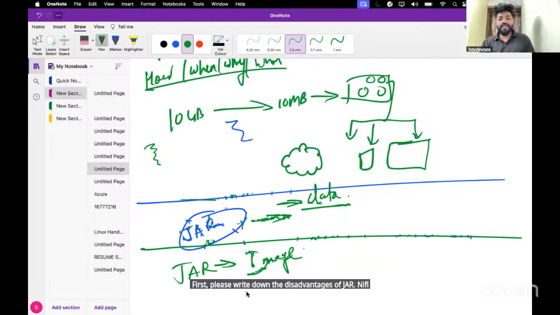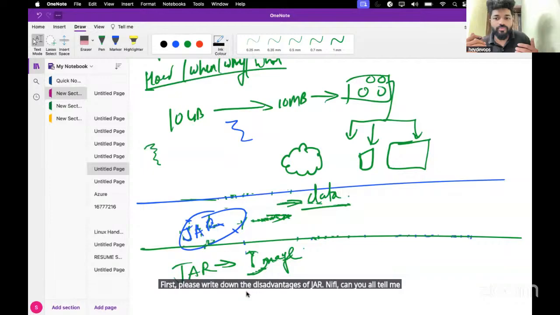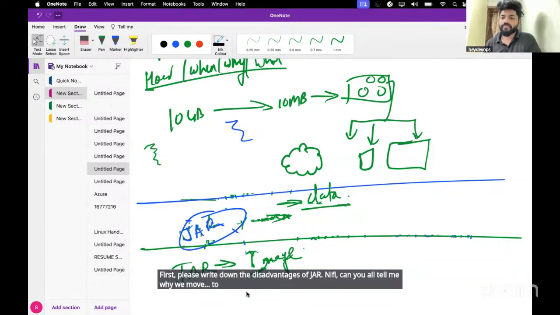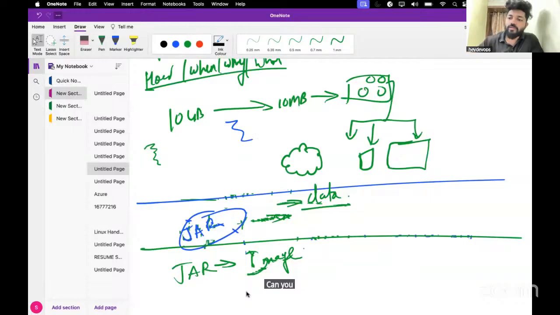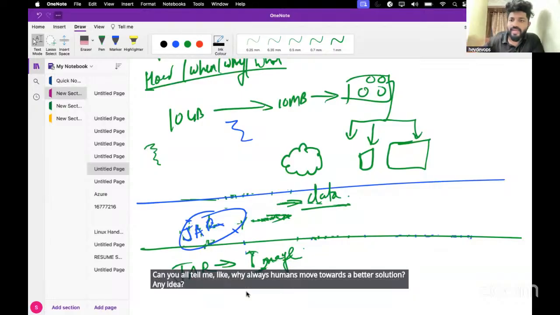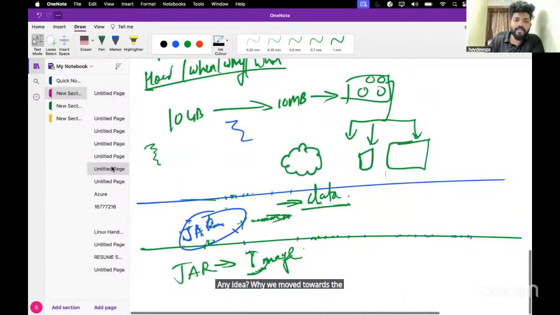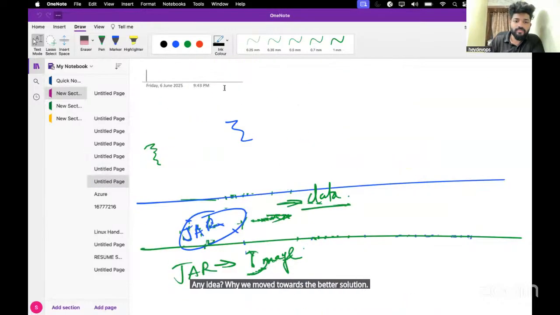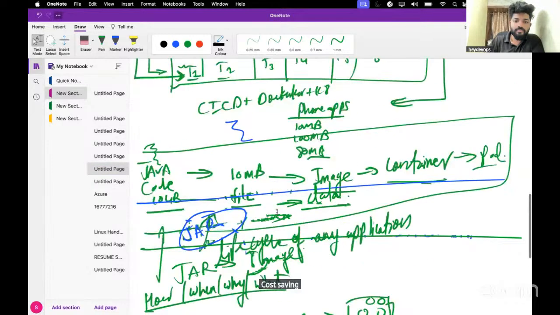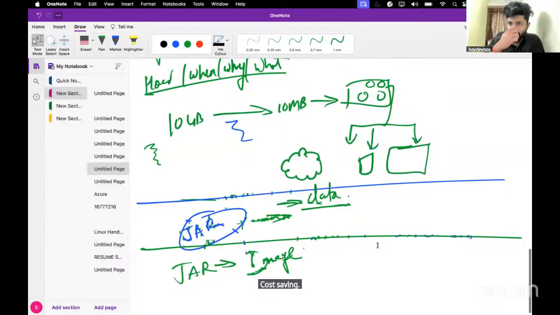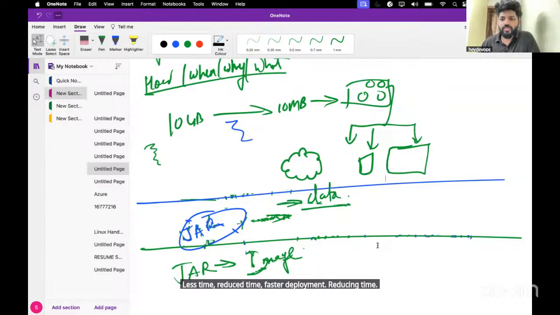See, can you all tell me why we move to a better solution? Can you all tell me why humans always move towards a better solution? Any idea? Why do we move towards a better solution? Cost saving, less time, reduced time, faster deployment, efficient solutions, less effort,